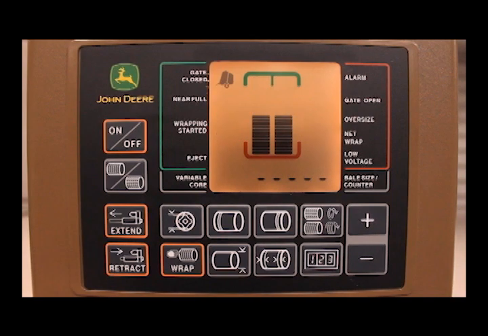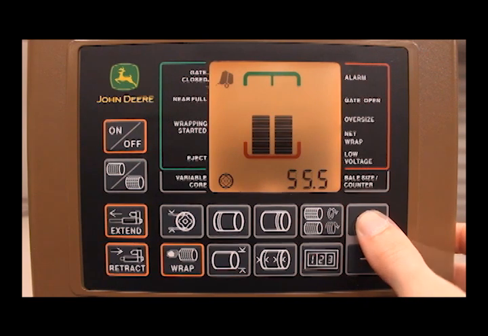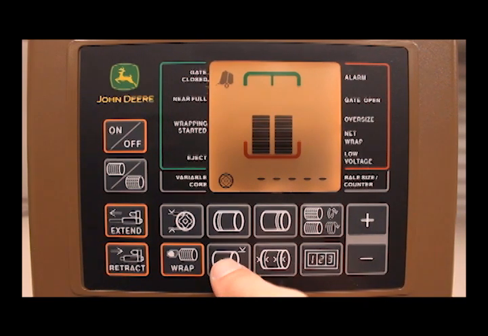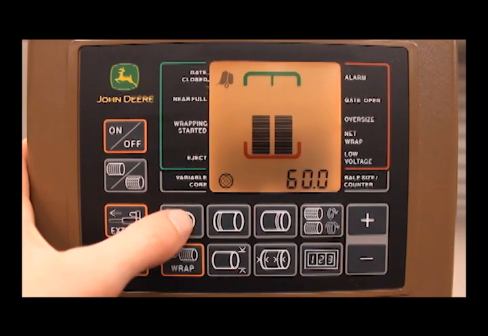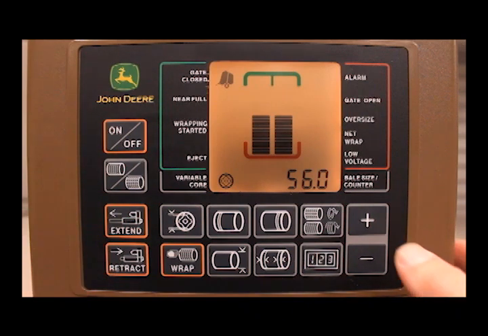Above the manual wrap key is the variable core diameter key. This key is used to make the center diameter of the bale less dense than the tightly wrapped outer layers when the baler is equipped with the option. The initial setting for the variable core diameter is 36 inches, and it can be set up to 4 inches below the bale diameter setting. It cannot be set any closer to the bale diameter setting because the higher density outer